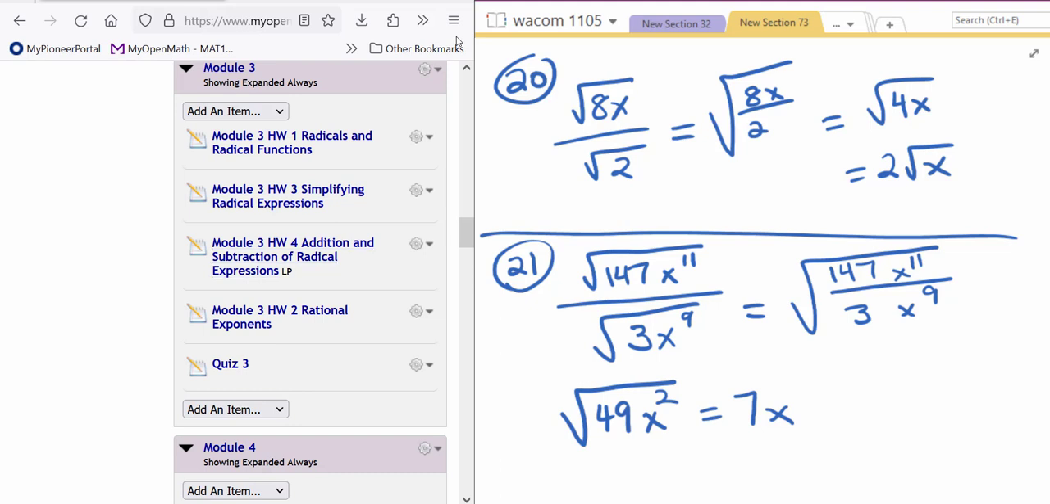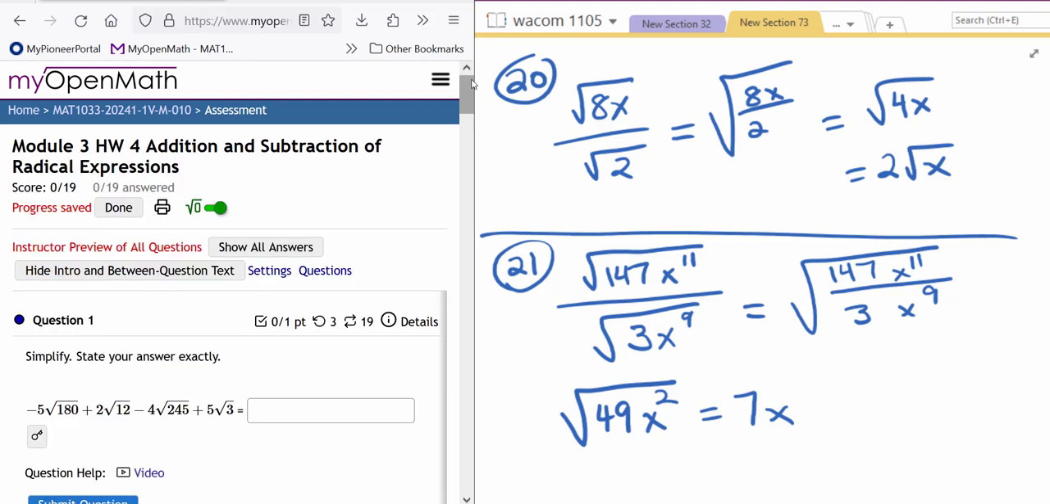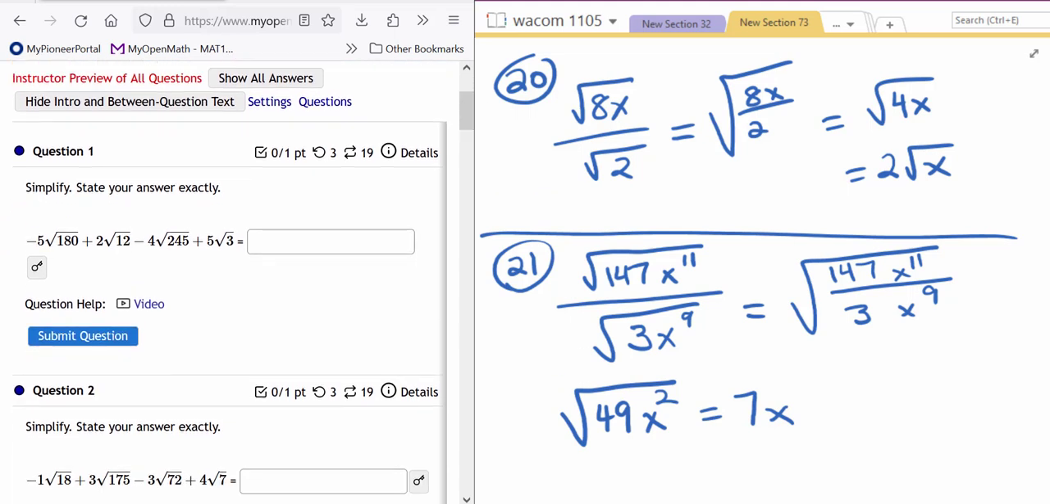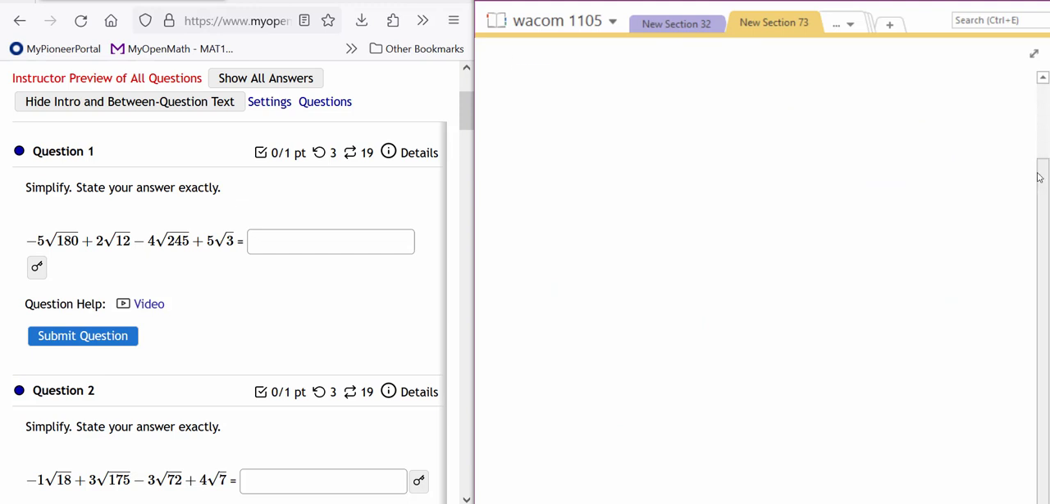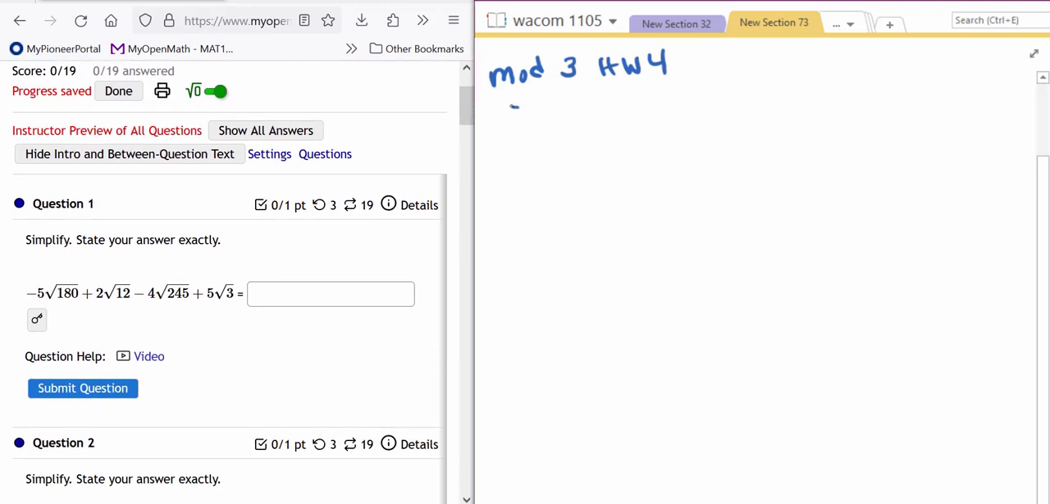So this would be homework 4. So this is mod 3, homework 4. Is that what that said? Addition and subtraction. It also has some multiplication in it